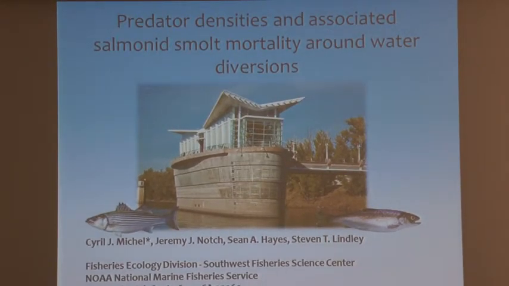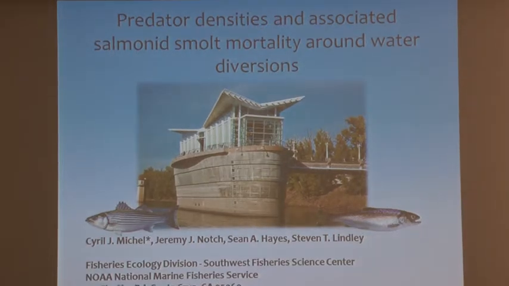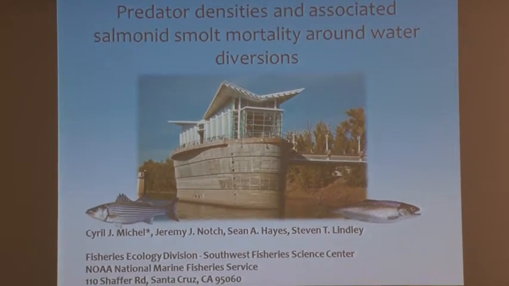This was motivated by the Bay-Delta Conservation Plan, which has part of its proposed design a number of large water diversions in the lower Sacramento River, which would include state-of-the-art fish screen facilities. And the idea is that they'll have no direct impact on salmon. The screens are such that the fish will not be impinged on them or entrained. Yet these structures may attract predators, and the filtering action of the screen itself may concentrate prey in local areas, and you can imagine this could create a predation hotspot.